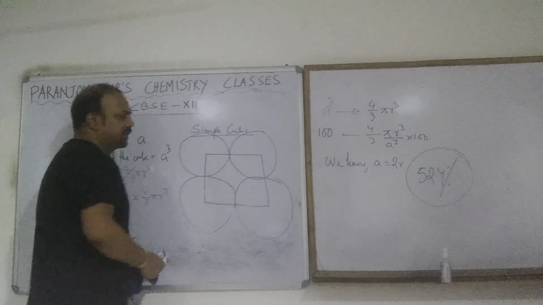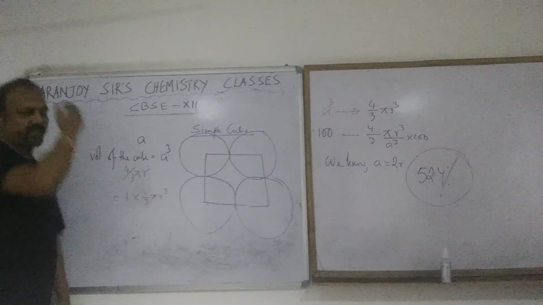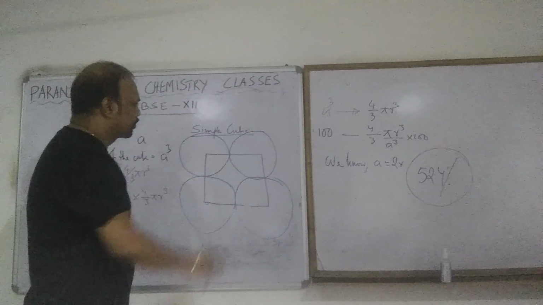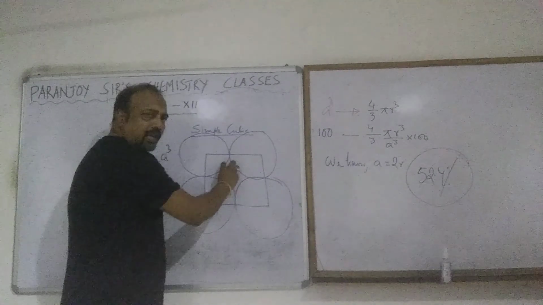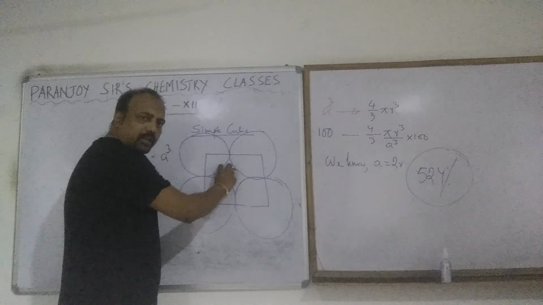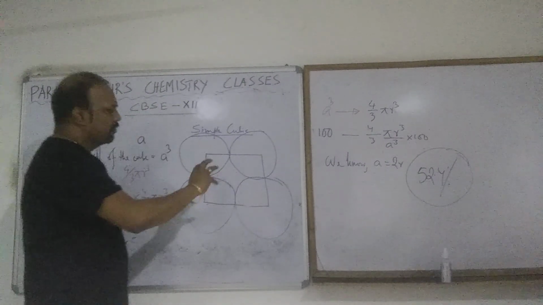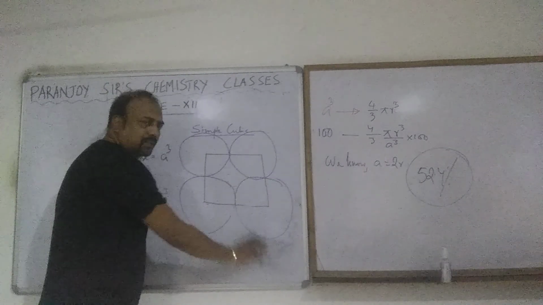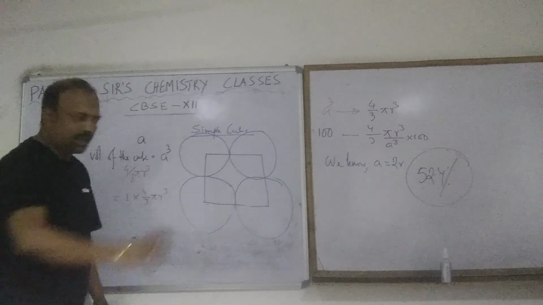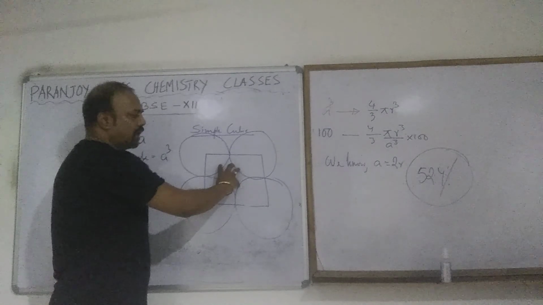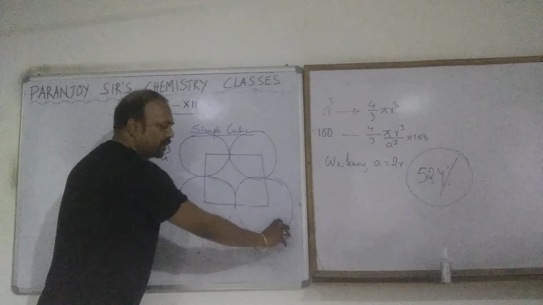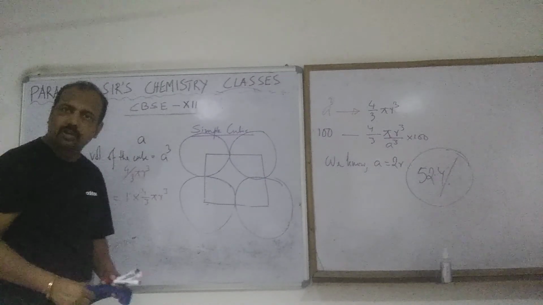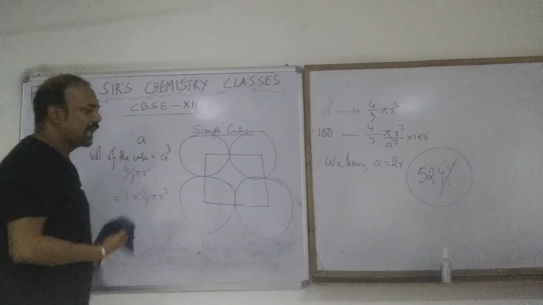See here. Now FCC: this is one face and all spheres are of the same size, right? So at the center of the face you have to put one. Now if you put one at the center, these four will be a little bit away from each other. If I push a ball in between, this one will move a little this way, this one this way, and this one this way. There will be a gap between them.